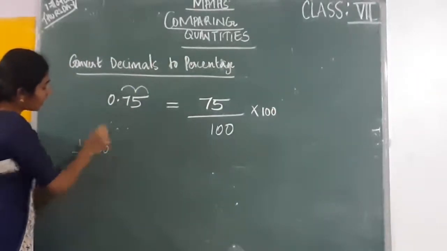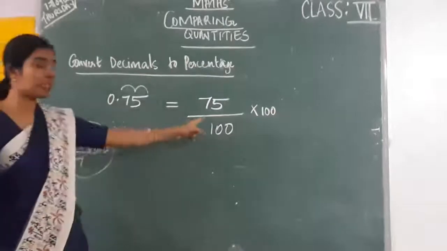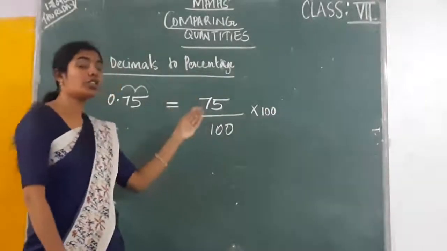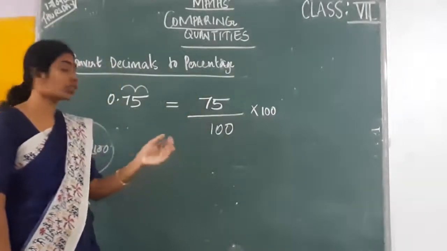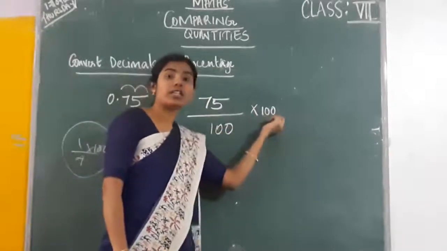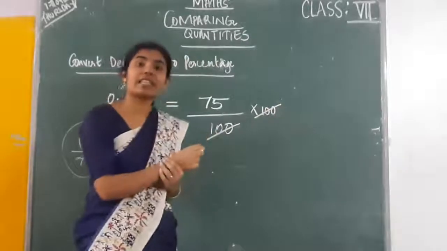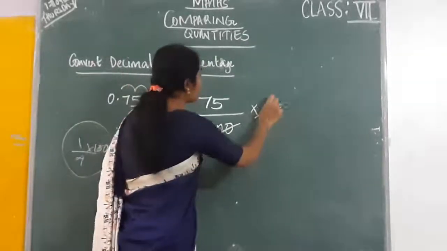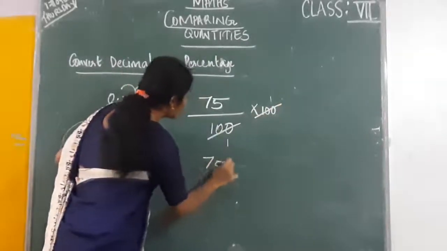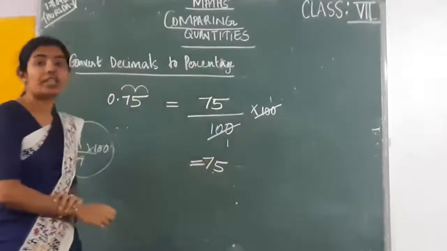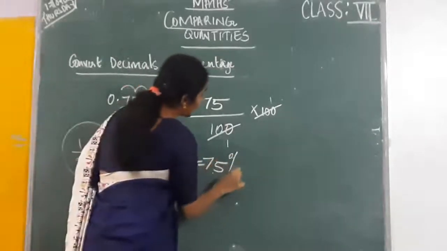Multiply it by 100. So here also we have a fraction, and you should multiply it by 100. So here also 100, here also 100. You can cancel it. Now what is remaining? 75. So what is the percentage? You will get the answer